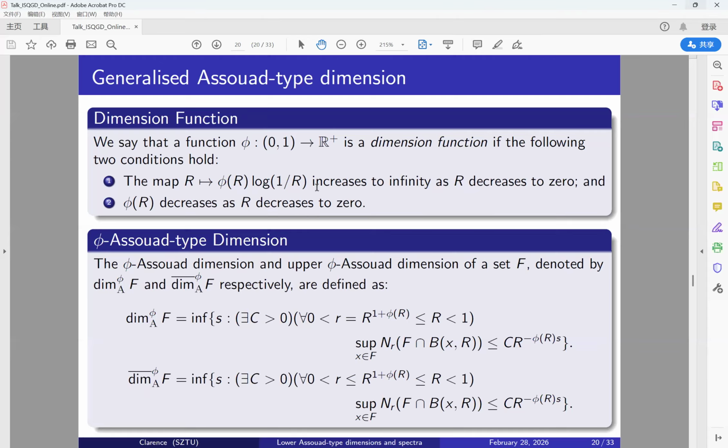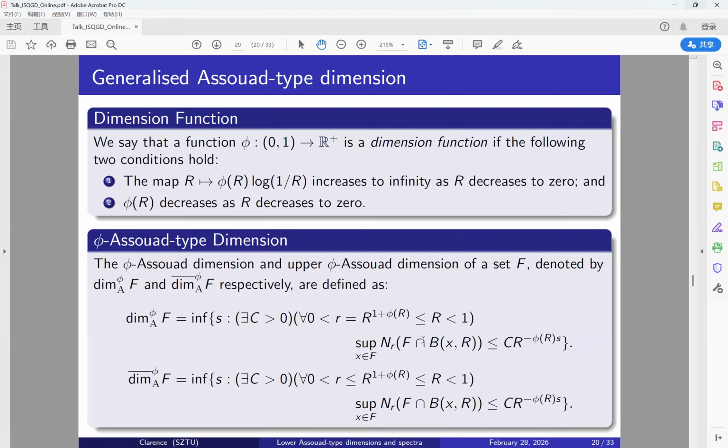The phi-Assouad dimension and the upper phi-Assouad dimension of the set F, denoted by dim_A^phi F and the overline of dim_A^phi F respectively, are defined as follows. Now we have a look at the general Assouad dimensions. We first look at the phi-Assouad dimension. The phi-Assouad dimension is the infimum of the exponents s such that there is a constant c, such that for any capital R and for any small r, which is strictly chosen as at most R to the 1 plus phi of R,